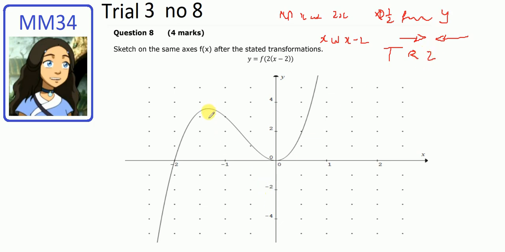So I'm going to do the squashes, then I'm going to move them over. So this will go to here. This is around about 1.4, so we'll go to about 0.7. This point here, which is at around about 4.5, will go to 2.25. So we're going to look something like